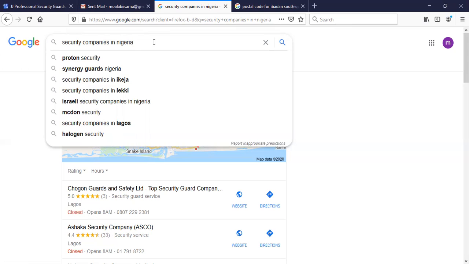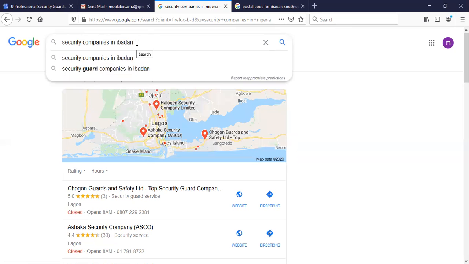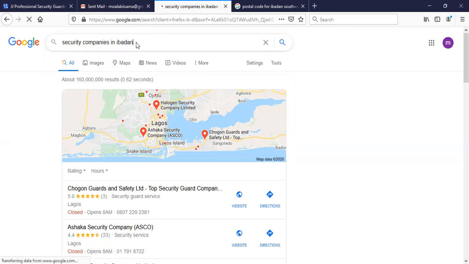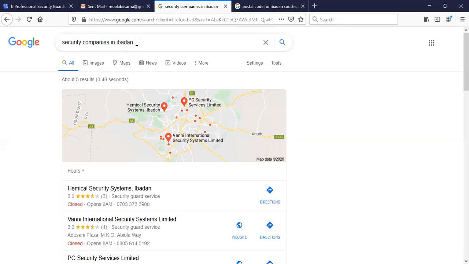Those are the things we refer to as keywords. So write at least 3 to 4 keywords down. I've written 4 here. The first one I wrote is security companies in Ibadan. So I'm going to type that into Google.